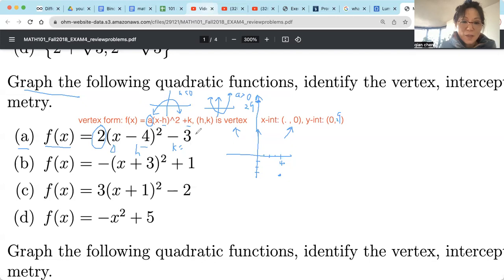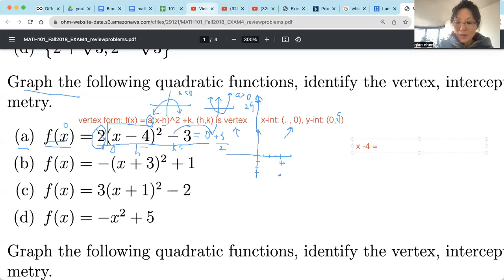What about the x-intercept? The x-intercept means the function value is 0. Y is 0, that's the definition. We want to find the corresponding x. So we see this one equals 0. We move -3 to the other side, it becomes +3. Then we divide by 2 on both sides. So on the right-hand side, we get 3/2. Then we have a perfect square on the left-hand side. We want to take a square root, because the square root cancels the square. So in that case, we get x minus 4